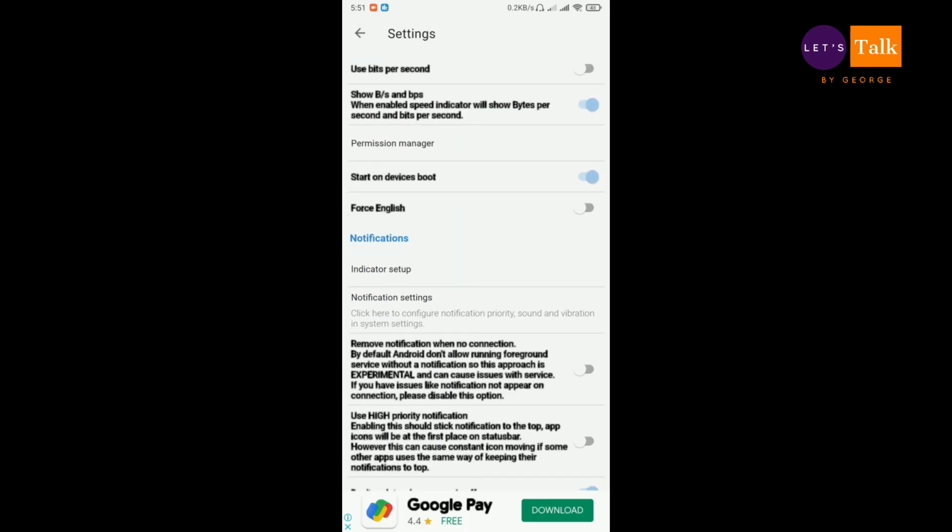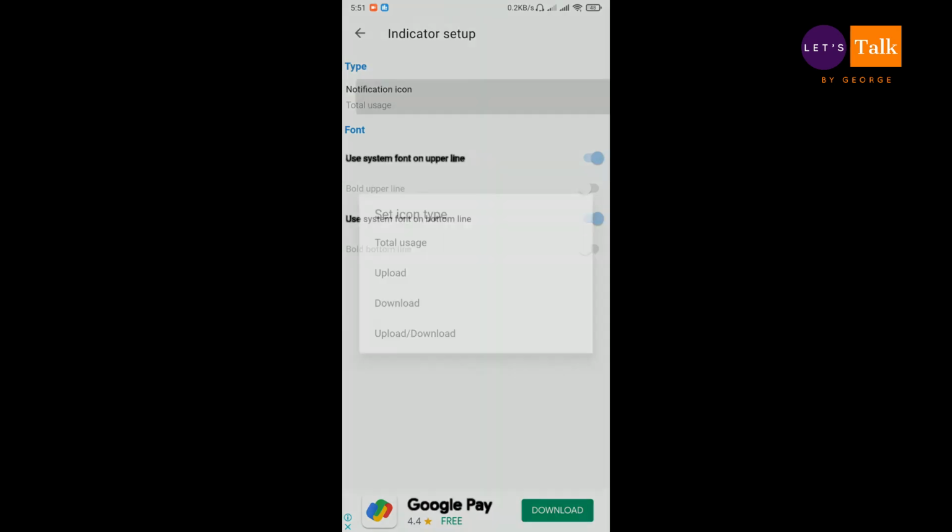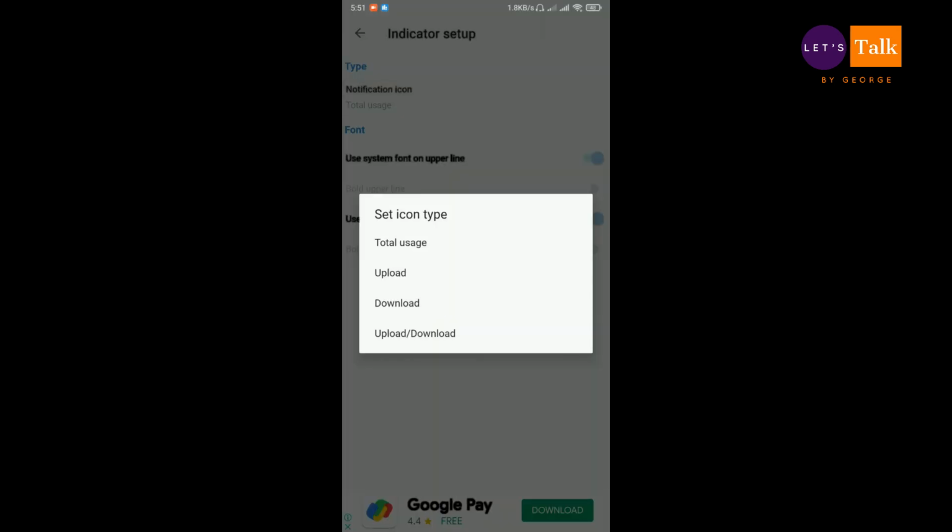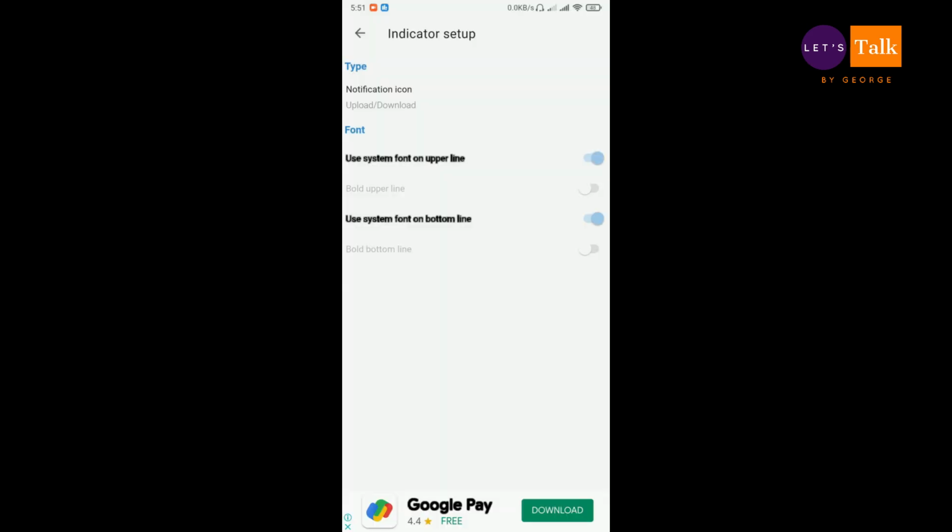Now, yeah, this is indicator setup. If you observe the top corner, you can see that there is a small two colored icon, and one is for screen recorder and another one is for net speed indicator. You can customize the indicator setup into a different thing, modify it according to your wish, download or upload speed, that is up to you.